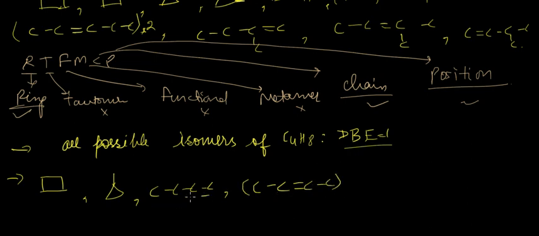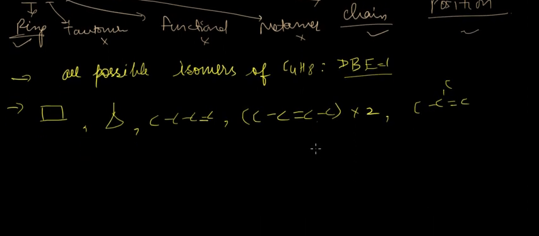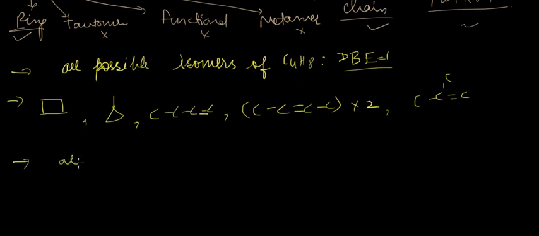Yeah, so there's a double bond here, so multiplied by 2 here, and here. So next is all possible isomers of